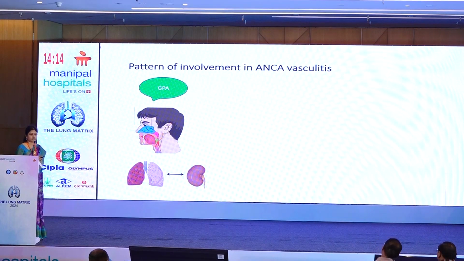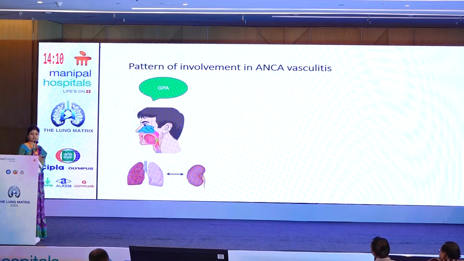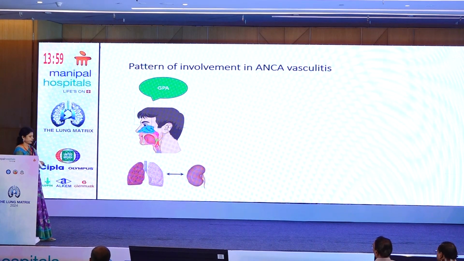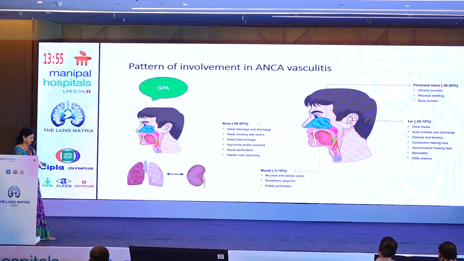These three different types of ANCA vasculitis have different predilections for the involvement of various organs. First is GPA, where we see predominant upper respiratory tract involvement, lower respiratory tract involvement and renal involvement in the form of glomerulonephritis. In the upper respiratory involvement, the nasal symptoms can be nasal discharge, crusting, ulcers leading to hyposmia, and finally a saddle nose